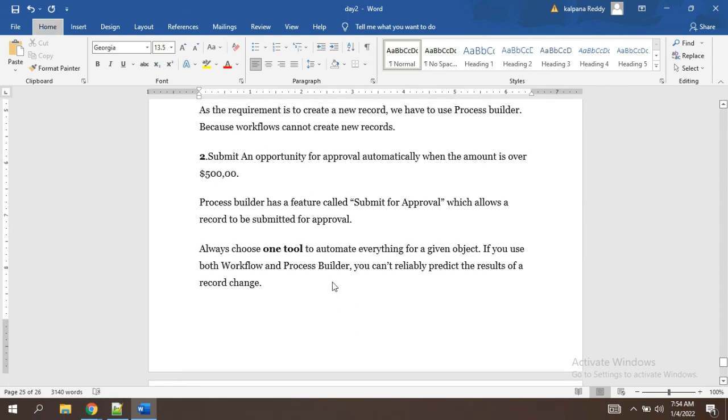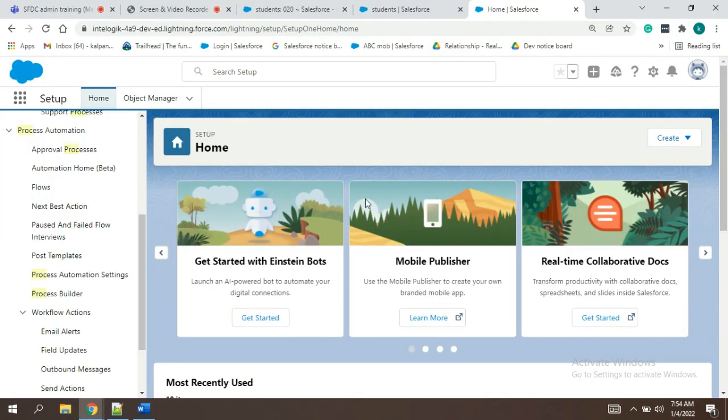The one main thing is, even though process builder can do more actions, which covers all the actions of workflow rule, why do we need workflow rule? Right. So the one thing is workflow rule is a bit easier for simple logic, compared to process builder.